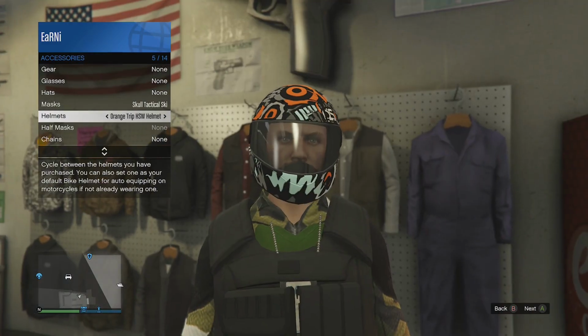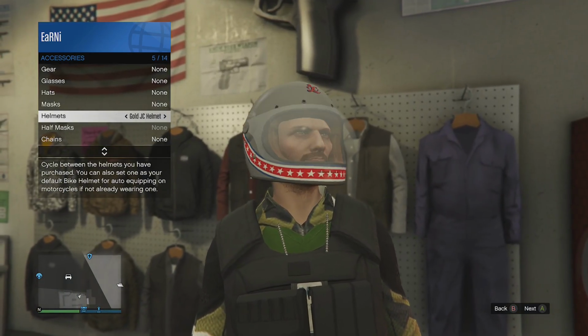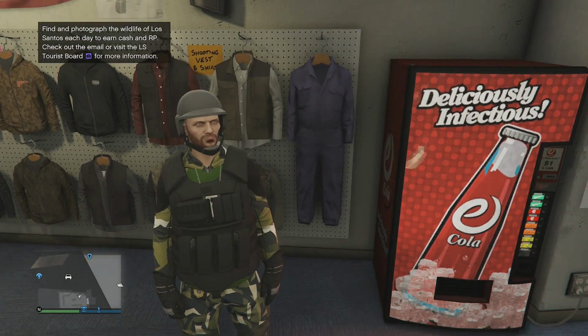So we're going to go to helmets, and we're going to put on the charcoal bulletproof helmet. Now, it has to be the charcoal one. I don't know why it doesn't work with any of the others, but we're going to put on the charcoal bulletproof helmet. Now, once you've got this helmet on, what we're going to do is save this